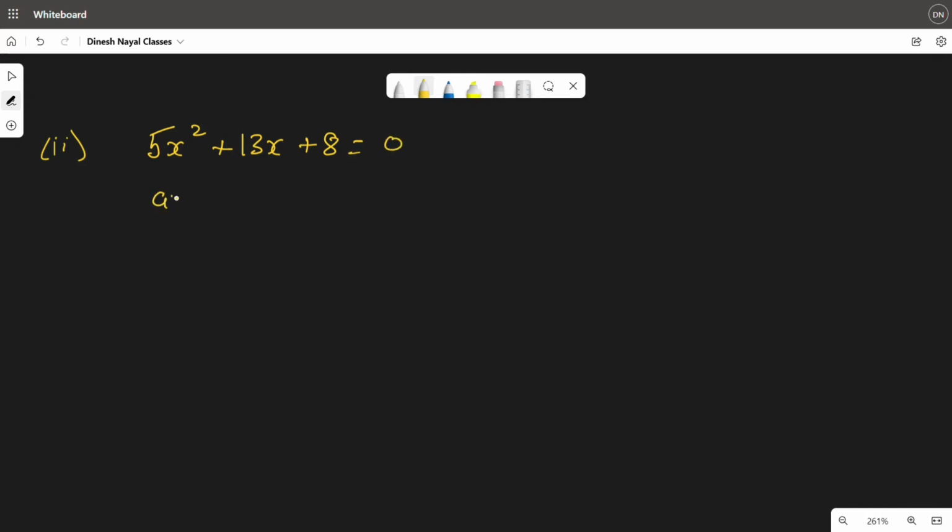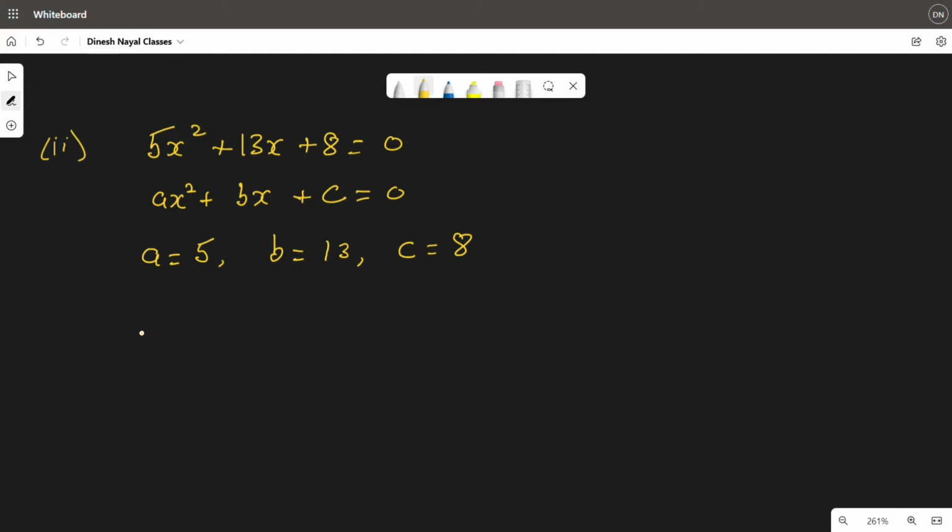Now comparing it with the standard equation ax square plus bx plus c equal to 0, we get a equals 5, b is 13 and c equals 8. And by the quadratic formula